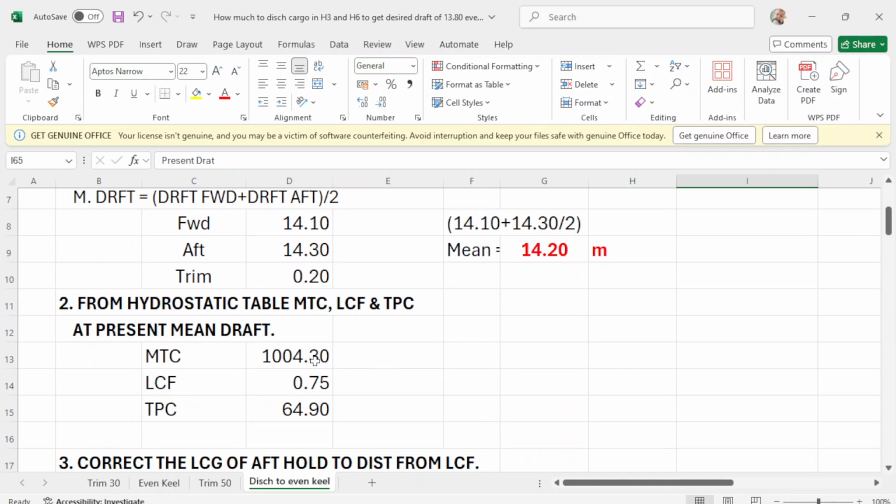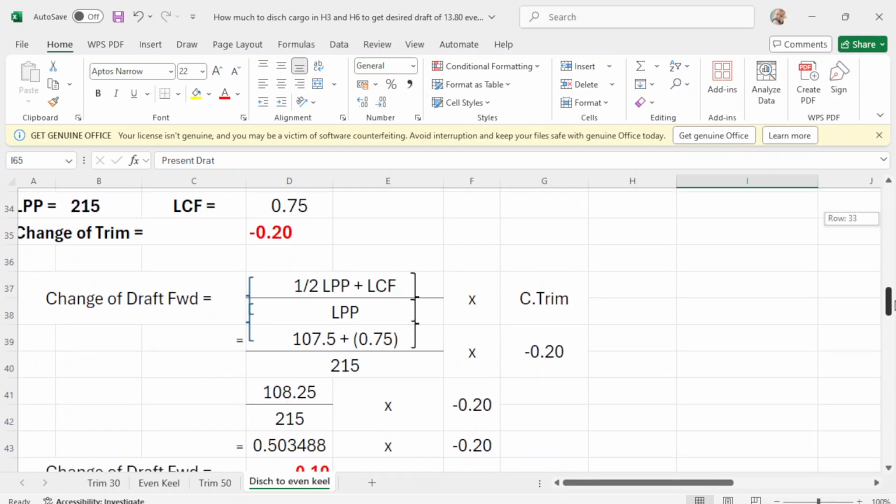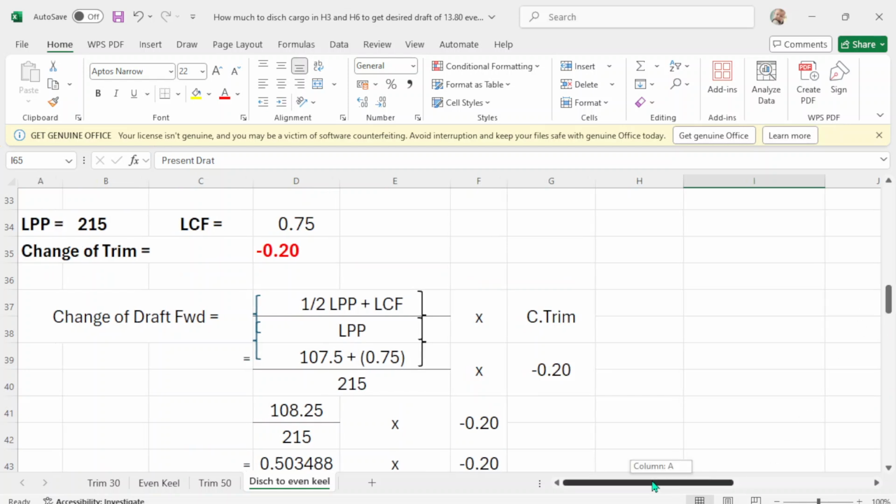LCF is 0.75 over your LPP is 215 times your change of trim. Change of trim is negative 0.20. This is this one, your change of trim. Okay,